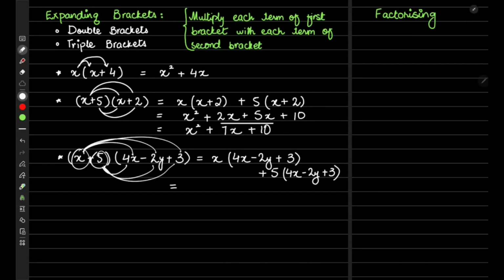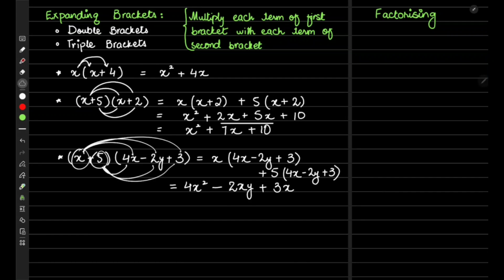Now multiply 4x times x gives you 4x square, x times minus 2y. In this you also have to be very good at dealing with the signs, how signs multiply. Plus plus is a plus, minus times minus is also a plus, plus times minus is minus, and minus times plus is also a minus. So you must know that. And at A levels, we have practiced it so much that we know all of this for sure. Plus 3 times x is